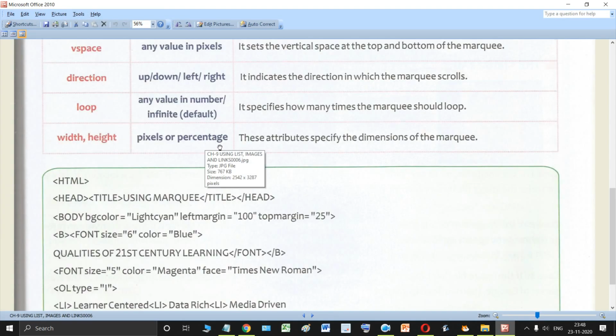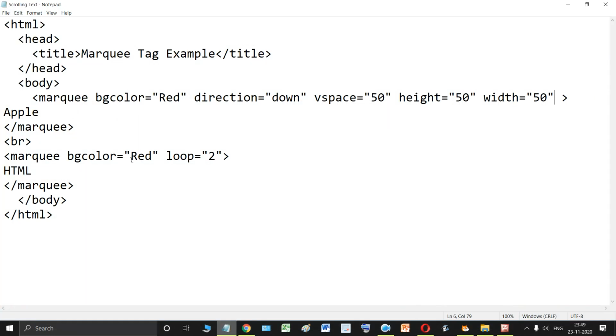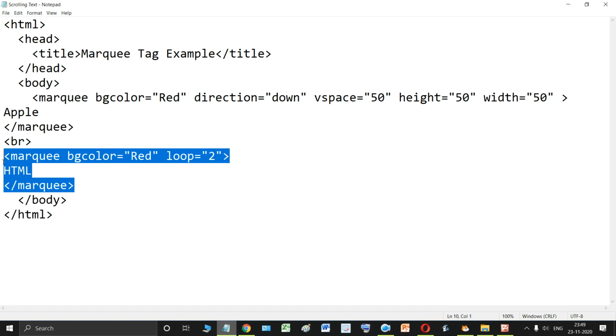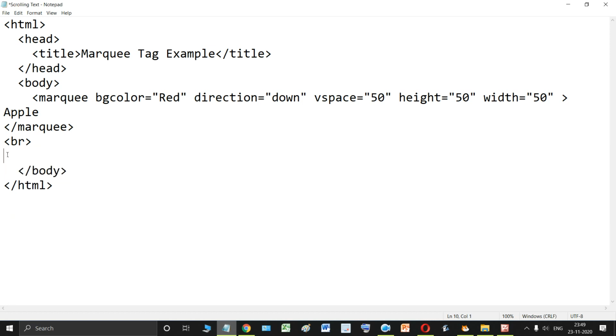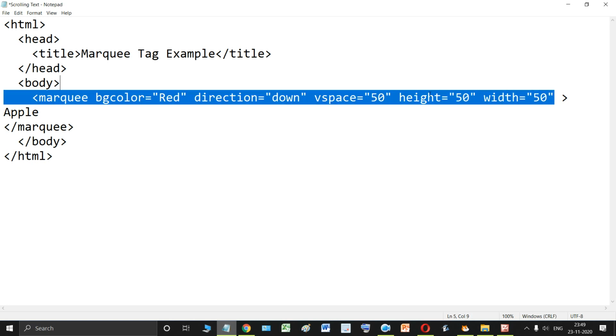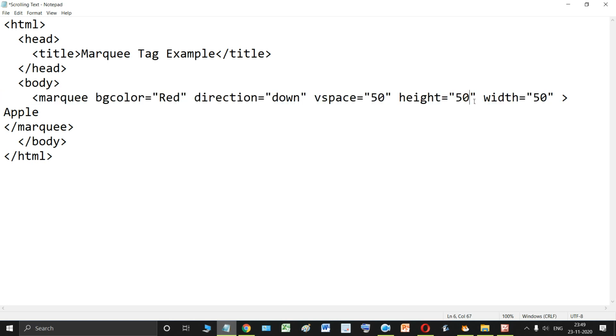Now they can also accept the value in percentage. Let me show you what percentage means over here. If I write 50% for height and width, that means 50% of the height and width of the entire page.